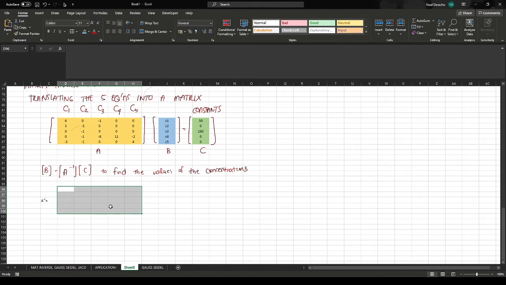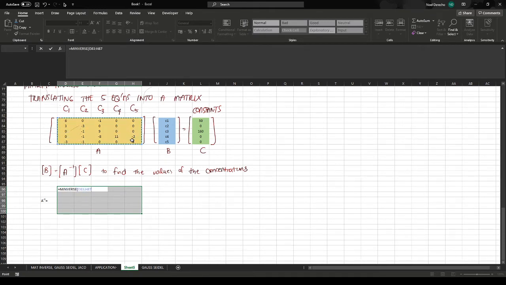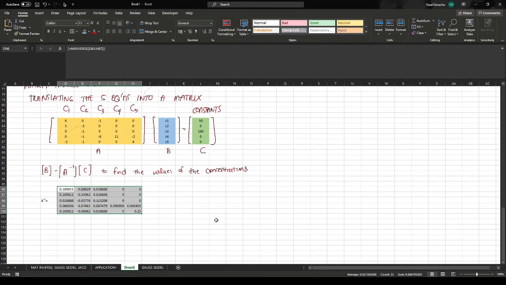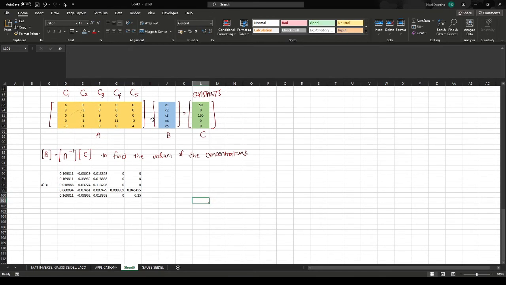So that fits. Then again, function for matrix inverse is M inverse. Highlight the array, then control shift enter. Now you can find now the values of your C1, C2, C3, C4, C5,